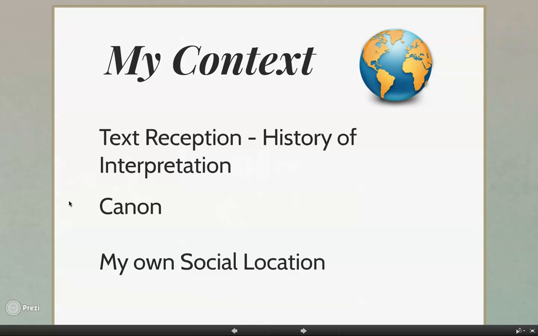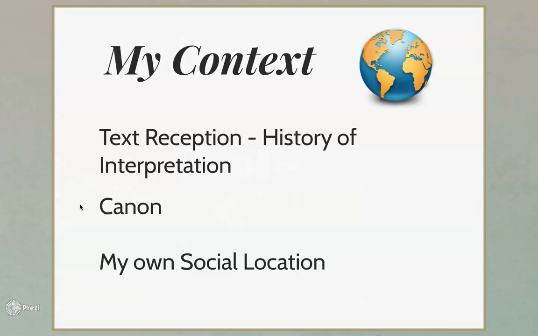Also to ask the question about canon. The issue of canon is something that comes in front of the text. These texts have already been written, and then they're compiled by certain people. They're put in a certain order, and that maybe affects the way that they are read. Matthew might have priority over Mark, historically speaking, but does that affect maybe the way we understand which has priority or which comes first, exegetically or historically?